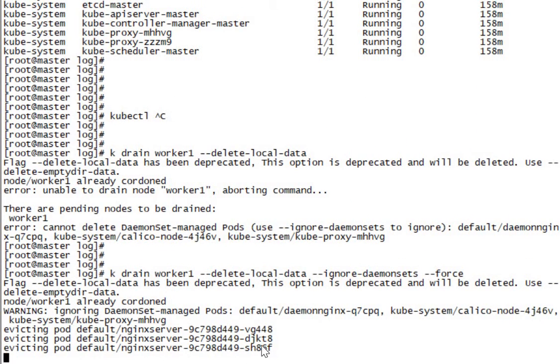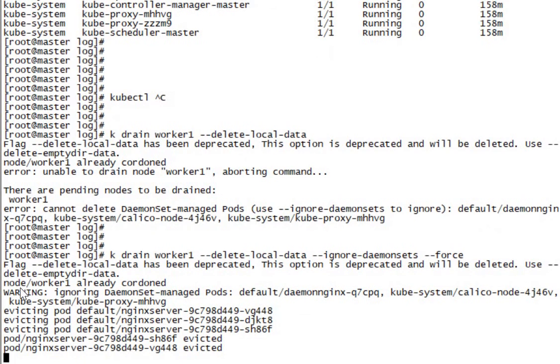See, the pods on the worker one are showing that evicting the pod, evicted. Let the command get completed.